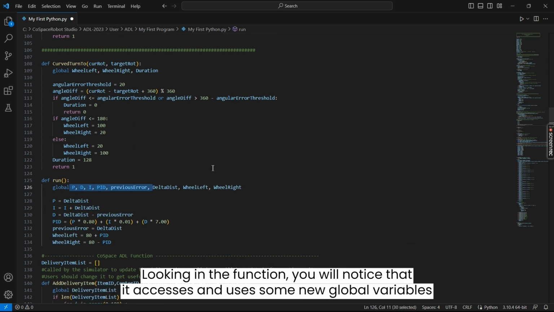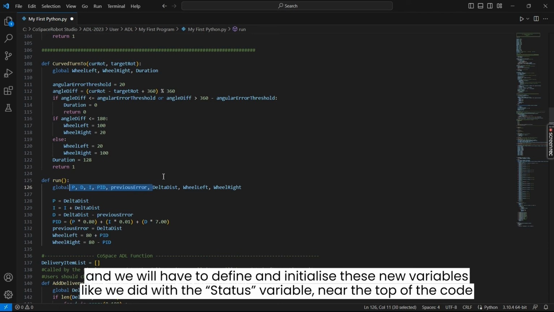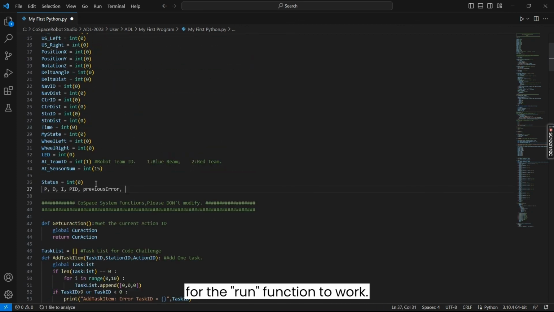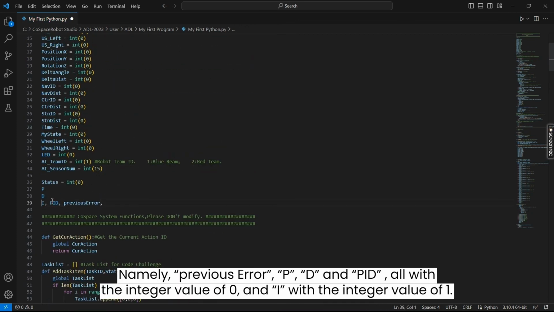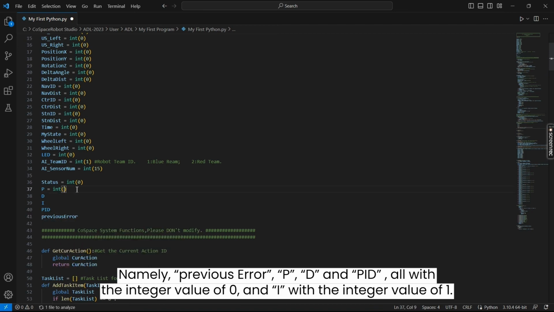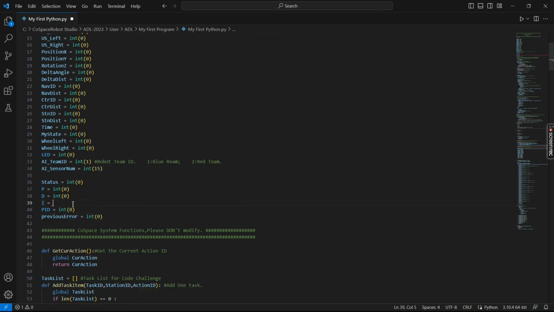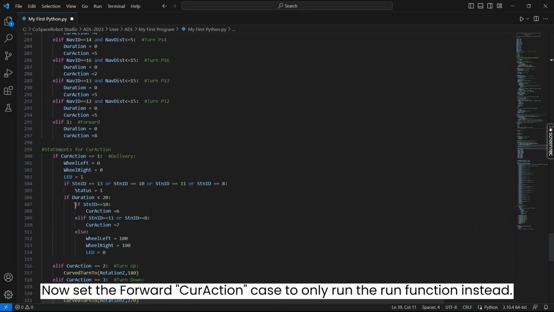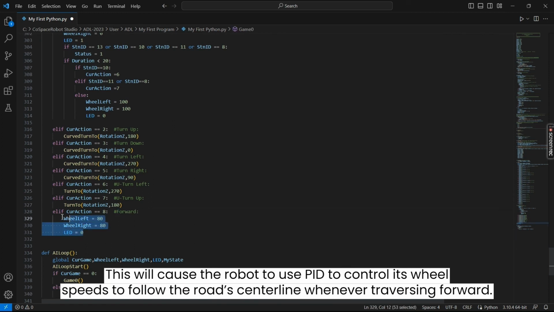Looking in the function, you will notice that it accesses and uses some new global variables, and we will have to define and initialize these new variables like we did with the status variable near the top of the code for the run function to work, namely previous error, P, D, and PID, all with the integer value of 0, and I with the integer value of 1. Now set the forward correction case to only run the run function instead. This will cause the robot to use PID to control its wheel speeds to follow the road's center line whenever